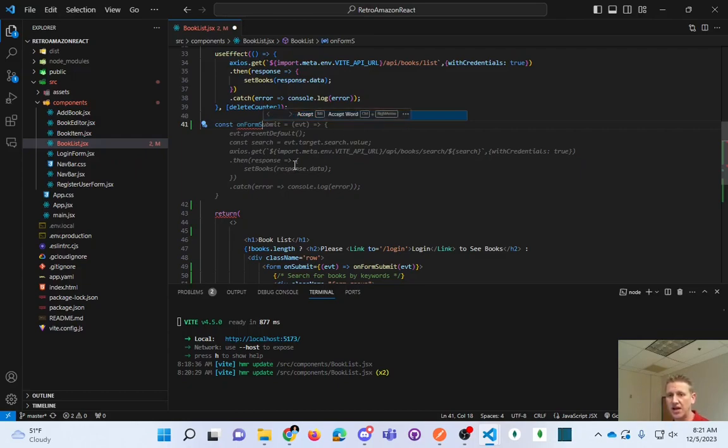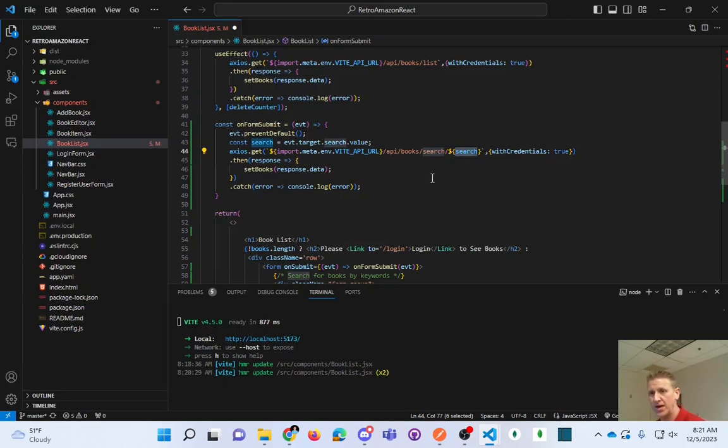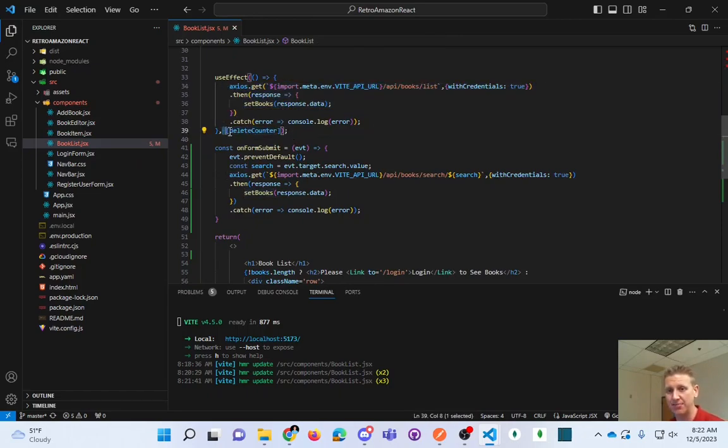A couple ways of writing this, and this was not what I had in mind. But you're going to notice what's interesting about this. If I look at my axios.get, it is appending the search query up in the query string. So I'm going to test this, and we're modifying our books with the data that comes back. So when the page loads or when you delete something, we get our use effect. And here we submit the form. We read the value of the search into a variable. We put that variable